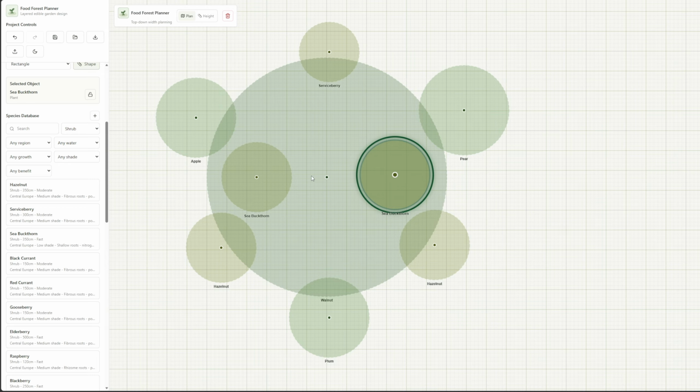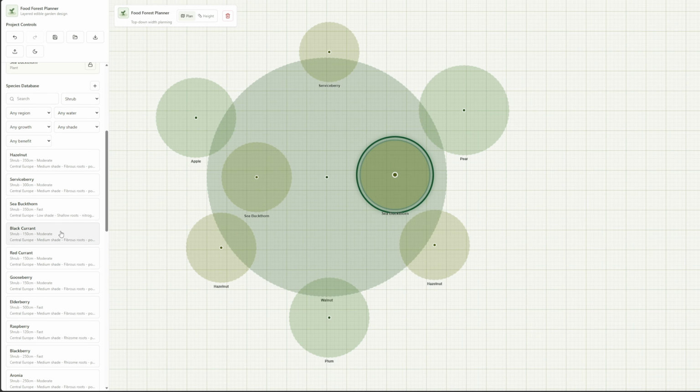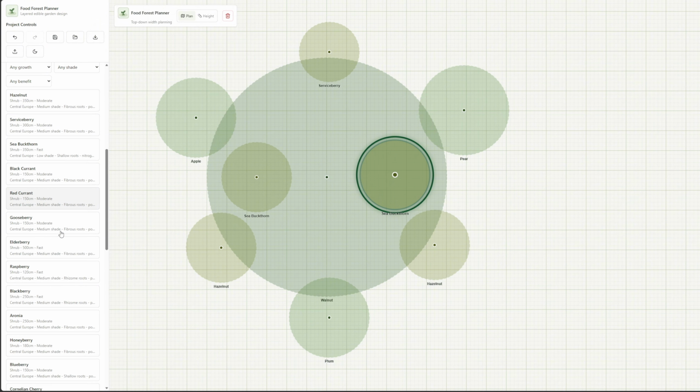Because a food forest is not just putting a few trees in the ground. It's layers, it's time, it's sunlight, it's shade that changes over years. It's roots underground, it's harvest seasons, it's plant relationships, it's paths, access, maintenance, soil, water, climate, and all these small decisions that connect to each other.